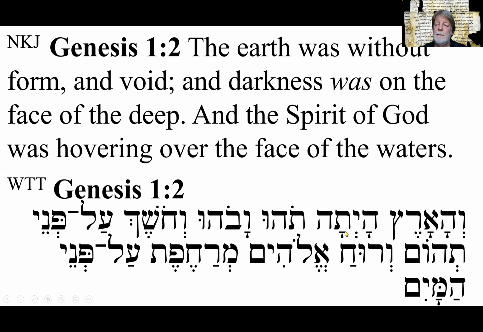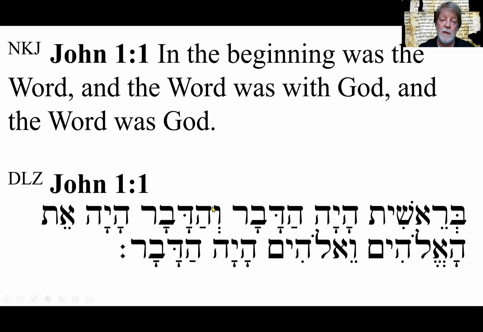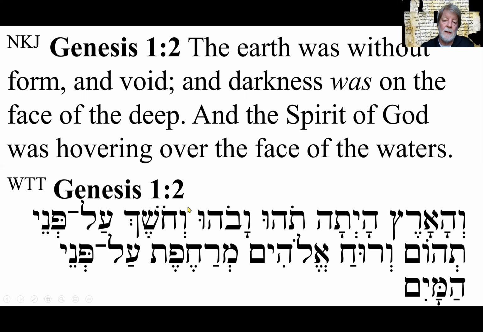hi, ta, to, hu. Here we have the shureq. It's a vav with a dot in the middle, so it's the oo sound. So this is to, hu, va, vo, hu. Another example of the shureq. A shortened form of that word could be with the kubutz underneath the hey. Next word, ha, ho, shek,